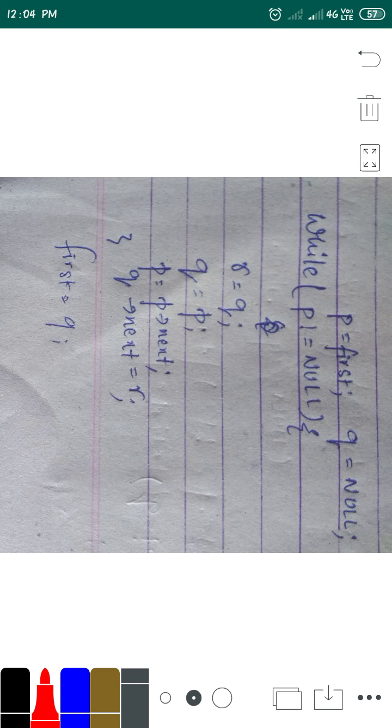Or you can say an operation to reverse the linked list. So how can we do this, and what is the algorithm behind this? We will try to understand the concept. In order to understand the question, I have given you this algorithm, or you can say the code snippet, for reversing the linked list by reversing the links, without using an additional array or something that we have used in our earlier videos.